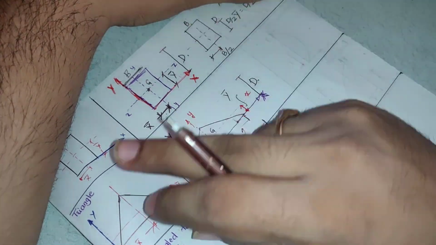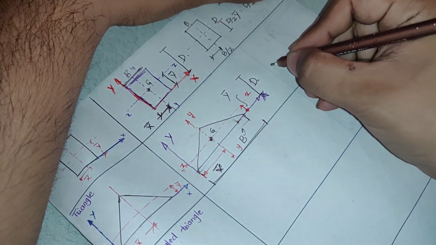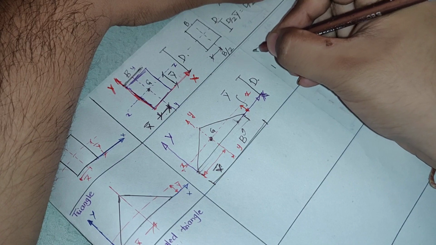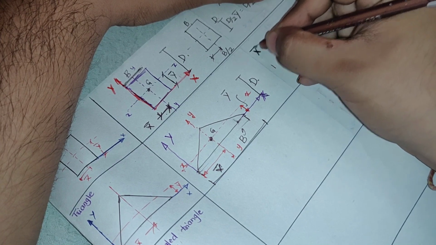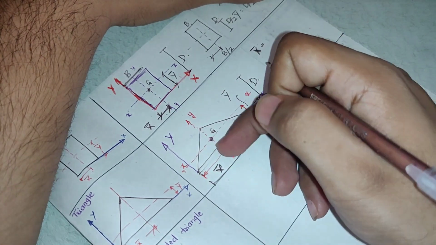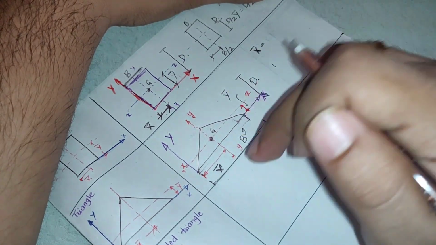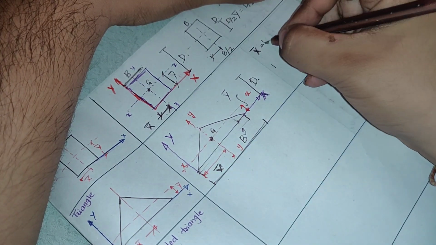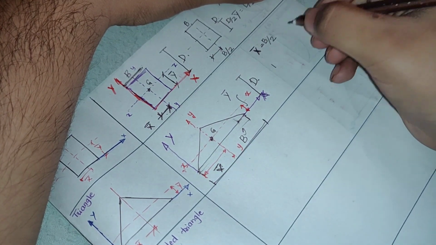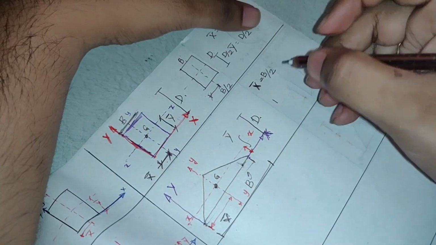For that reason we have derived, and we got a distance. But before I come to that, what is the value of x bar now? If the total width is b, where should I cut this object such that the area on the left hand side and right hand side are the same? It is exactly at half of the base width, that is b by 2. So x bar for this equilateral triangle will be b by 2.